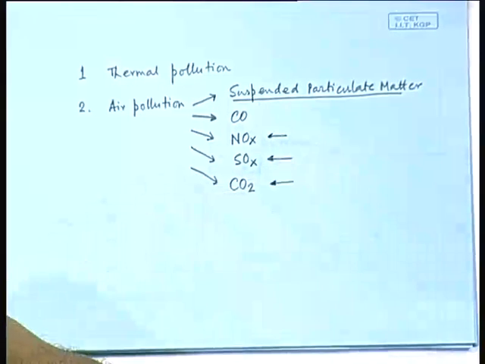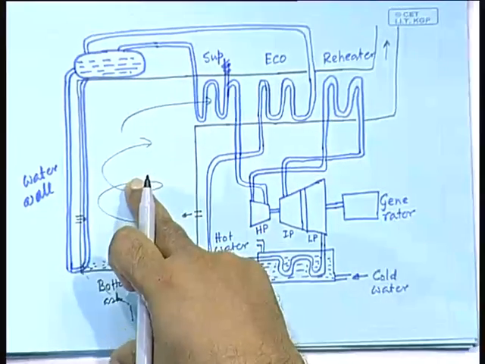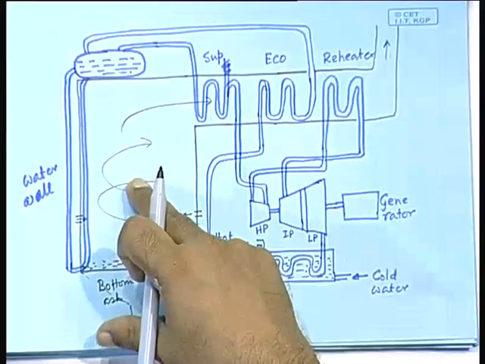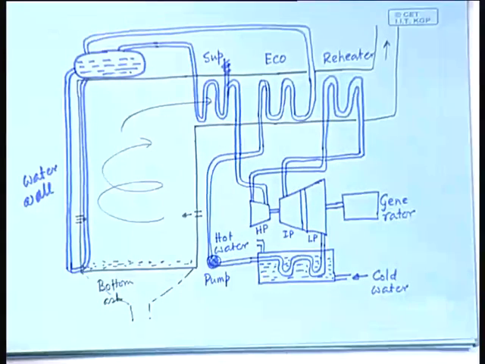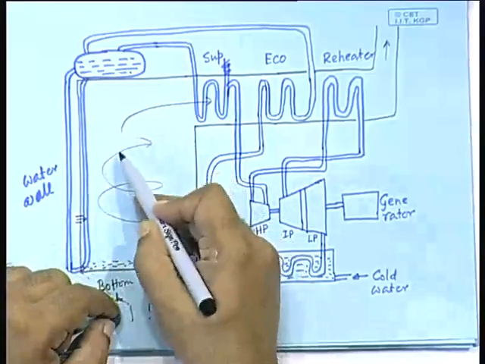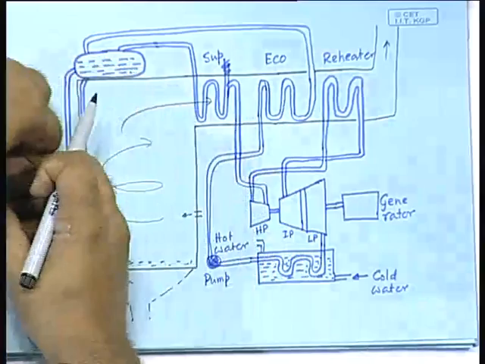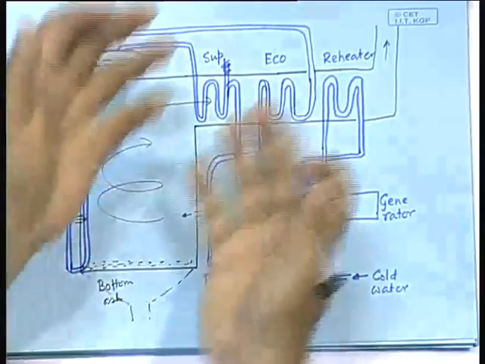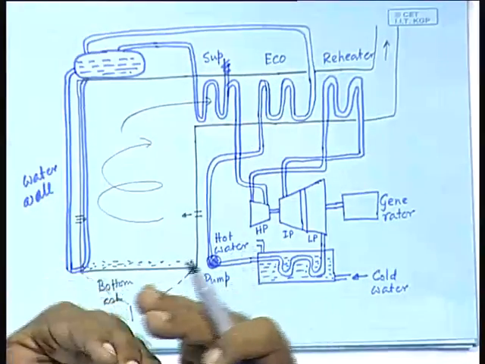NOx. NOx is a problem. Because the temperature inside the chamber is high, it will inevitably result in the production of NOx. Because what is happening? The actual burning is taking place here. Heat is being radiated from there into the water walls, and then only it is being absorbed in the water walls. So the distance between the absorbing place and the place where the heat is being generated is quite large. As a result, at that point there can be a very large temperature.